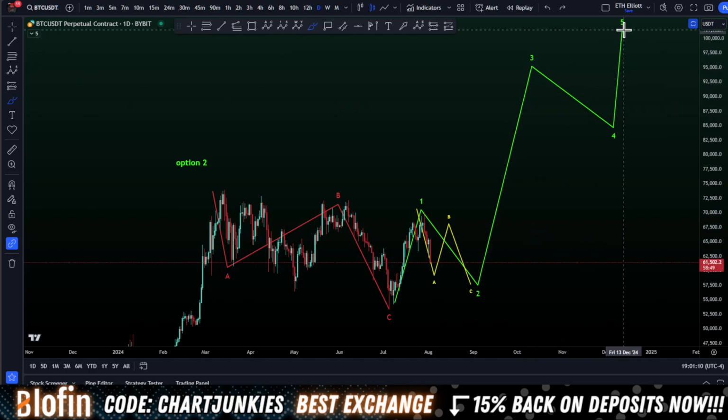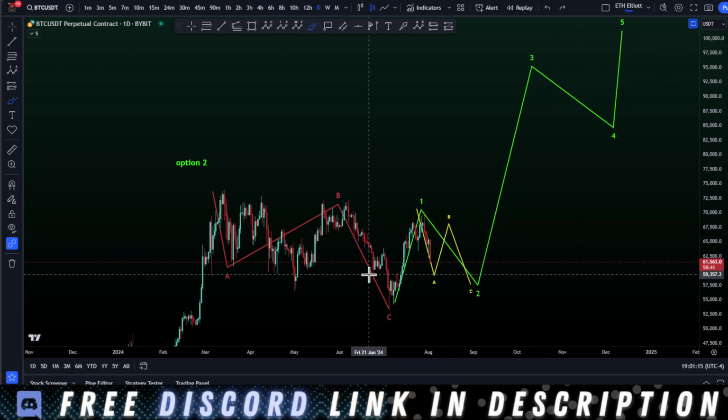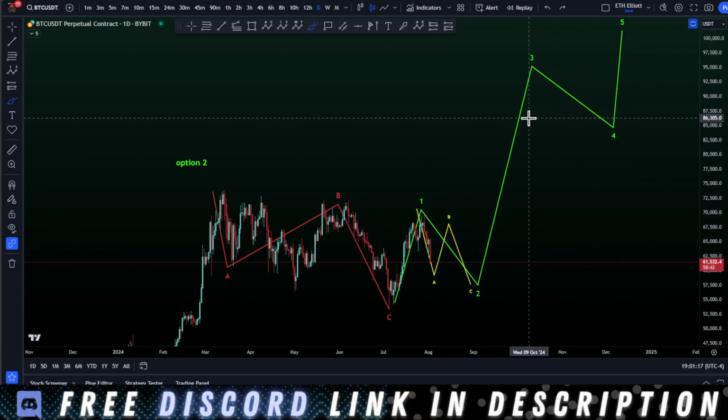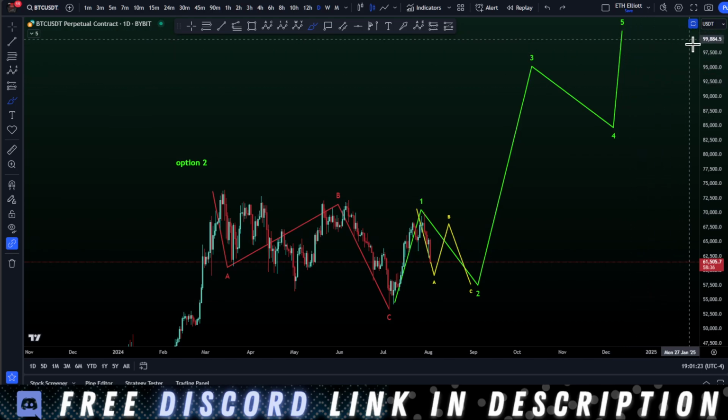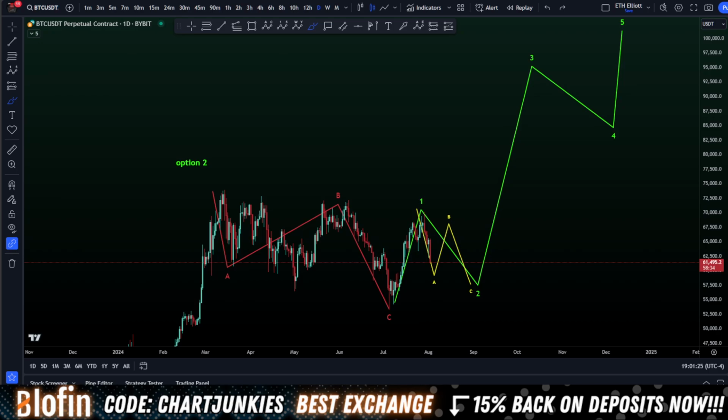I'm talking past 100K easy. And that will be an extended fifth wave. When this target hits up here, we'll reevaluate. It may need to correct out into a bigger wave 4 and then up for one more hit and then down. Or it may just dump from this point. But we'll cross that bridge if we get to it.